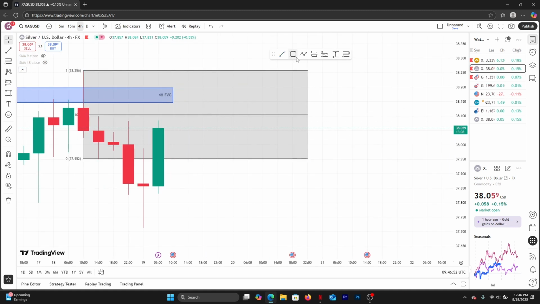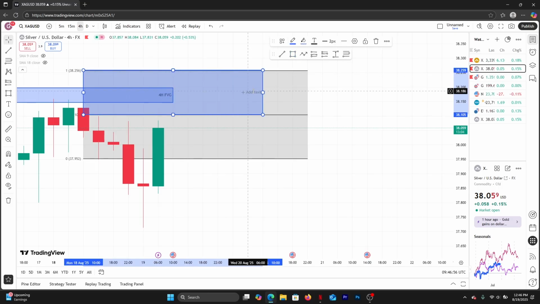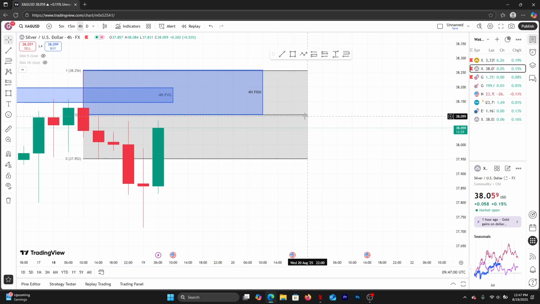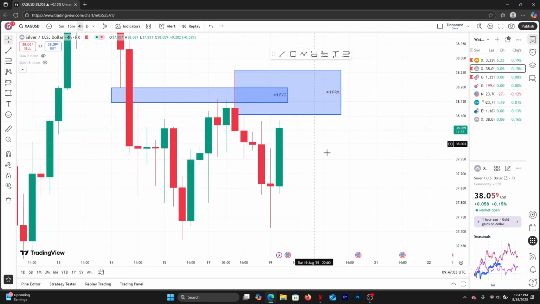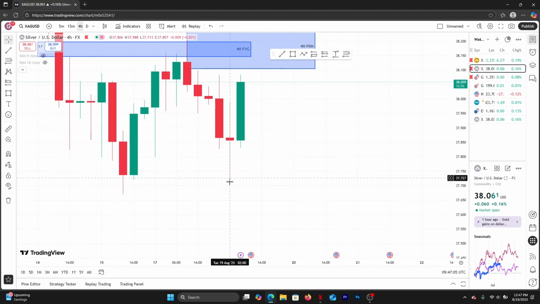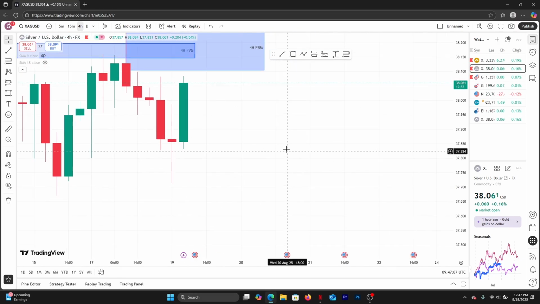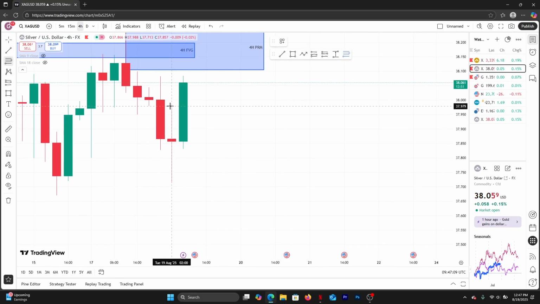So I'll just mark this as my 4-hour premium. I'm expecting price to get to it and react. Now because we have that expectancy and we have this situation down here, we also mark this dealing range, because